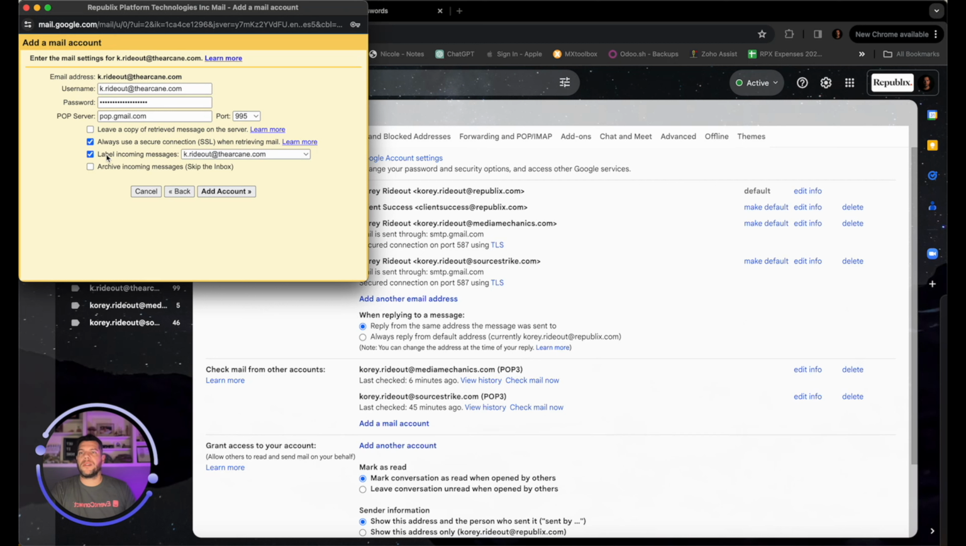And we want to label incoming messages from that inbox as messages from that inbox. So I highly recommend this. That way you know who's emailing you and where. And if you're replying, what that address looks like going back to the original sender. So we're going to hit add account,